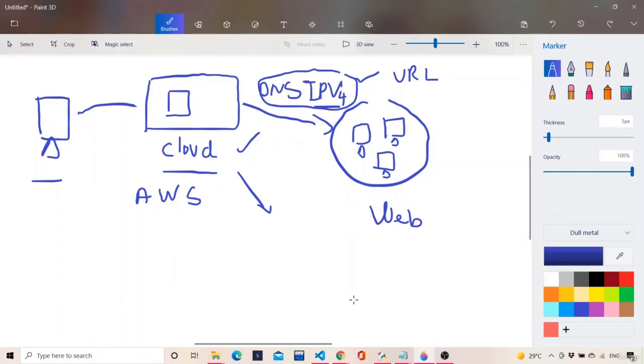So to say in very simple terms, we want to host our application on the cloud, and the cloud in return will give us a DNS IPv4 address which we can share with the entire world, and the entire world can access this. And the beauty of this is, however many users are using my website, the services are not delayed. That means services are provided instantaneously. How is it possible? It is possible because of the internal resource pooling architecture which I showed over here.